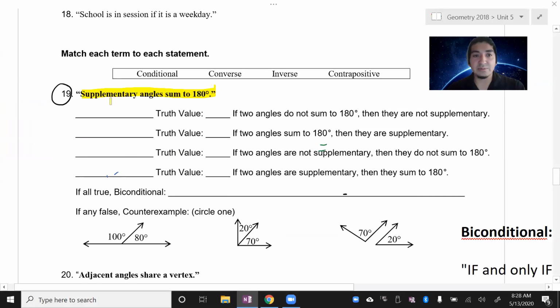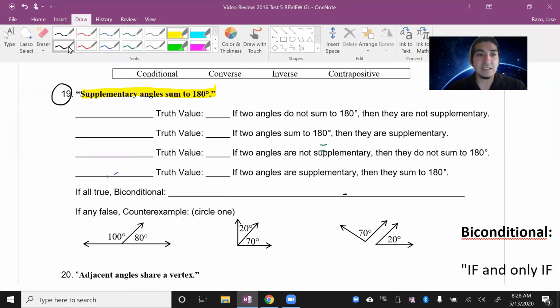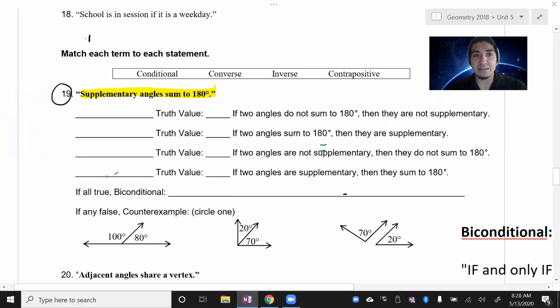As we're going through this, we have to rewrite this in terms of if and then. So if and then form. We're going to start from the beginning. So simple straight angle sum to 180. We're going to take whatever we have in the beginning and cut it. So if, and then you have then,